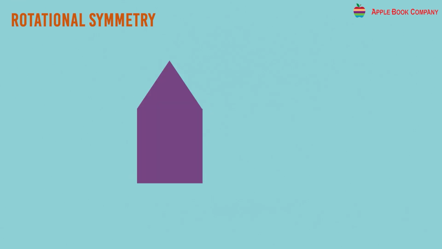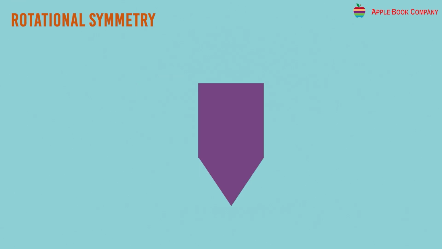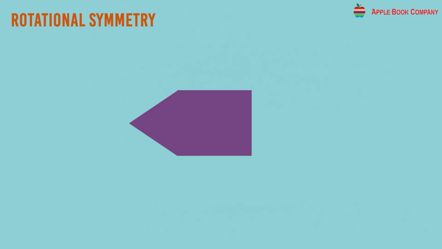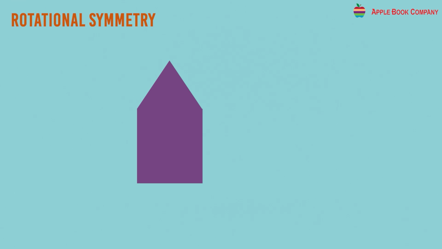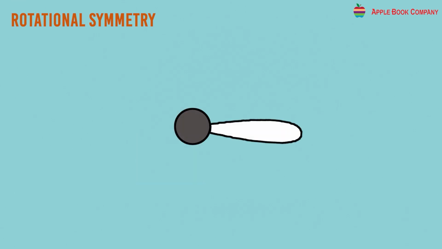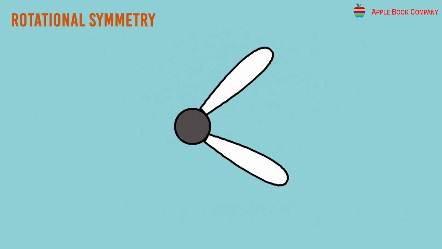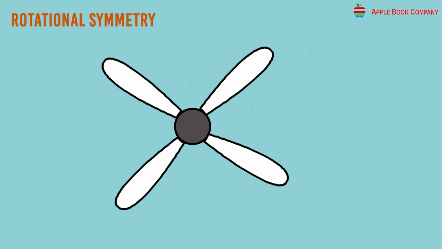Usually, any two-dimensional shape looks the same after a full turn or complete rotation. After a quarter turn, half turn, and 3/4 turn, some shapes do not look the same. Looking the same means coming back to their original shape. Some shapes will look the same even on a half turn, like a fan having 2 blades. Some look the same on a 1/3 turn, like a fan having 3 blades. Some look the same on a 1/4 turn, like a fan having 4 blades.